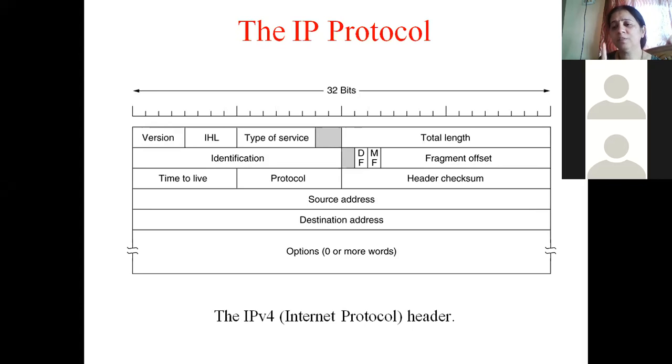So type of service will basically decide the priority of the packet, the preference that we are giving to the packet, whether a particular packet is to be transmitted with confidentiality, whether we want it to remain a secret, whether we don't want that particular packet to be going to certain routers which we feel are going to misuse the data. So the priority we are giving is indicated in the field which is called the type of service field.